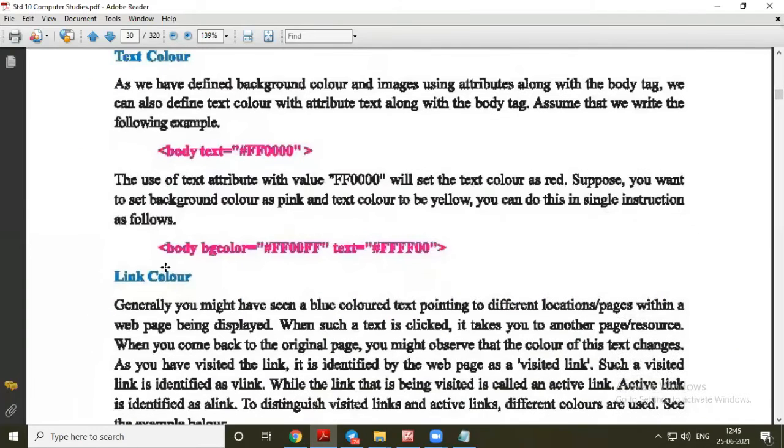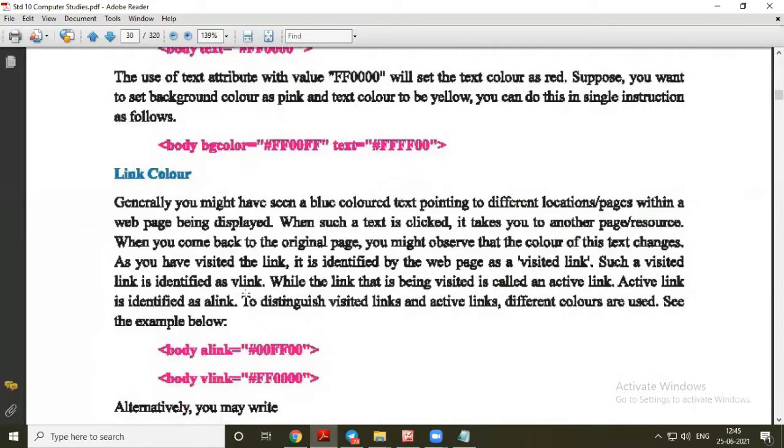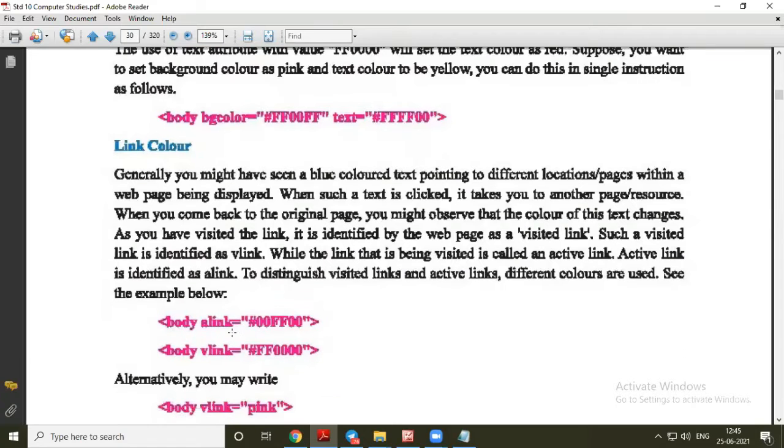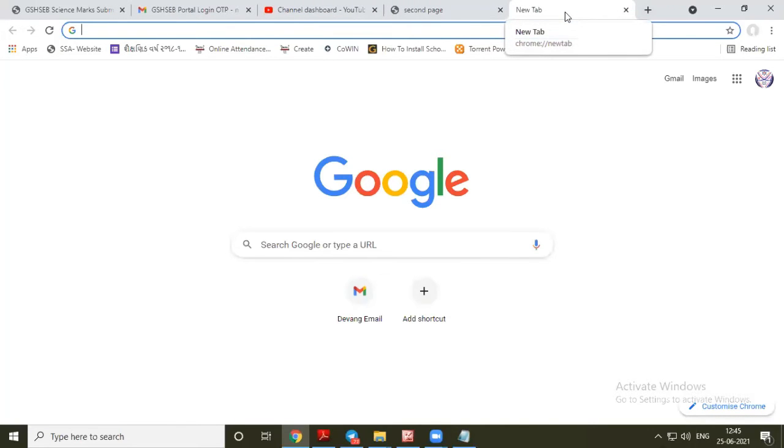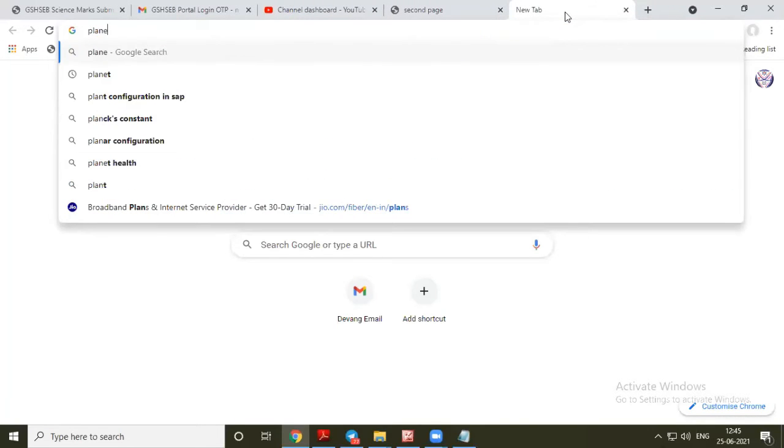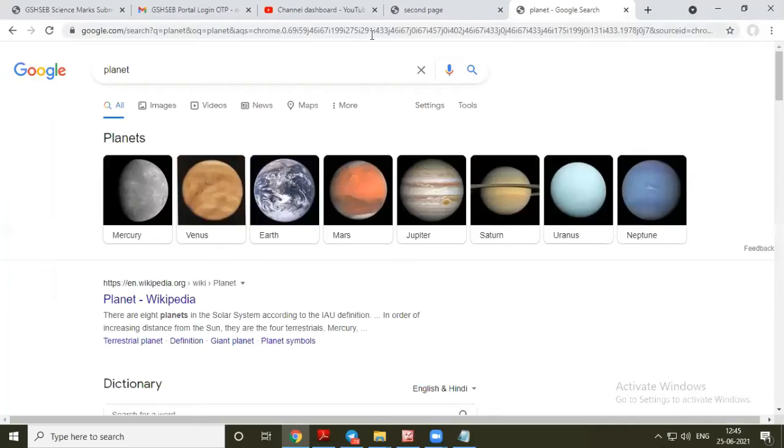Now there is one more attribute, that is link, to give link color. So there are actually two colors for links. One is for active link. For example, let's go to a website to find something. For example, again I am searching for a planet.